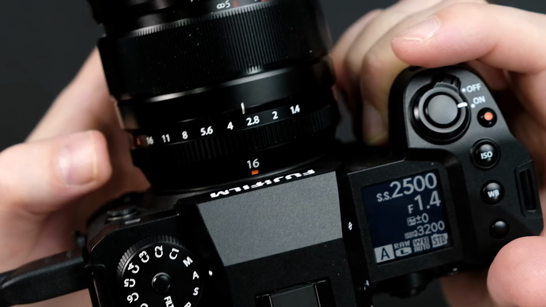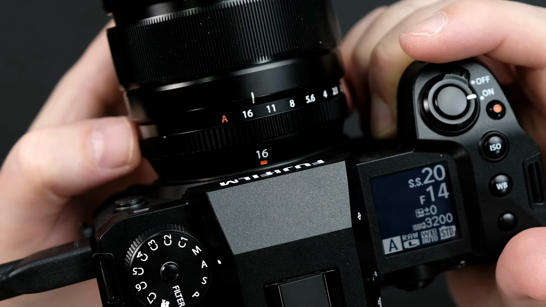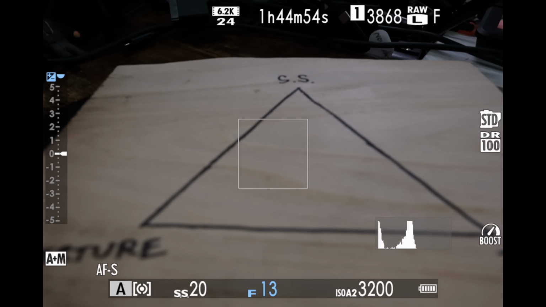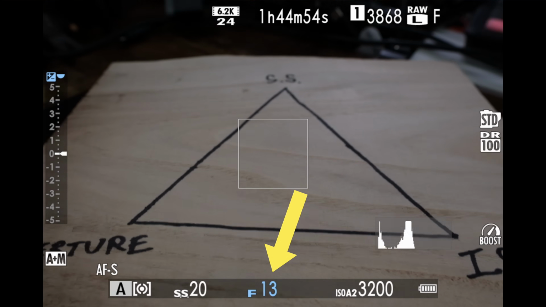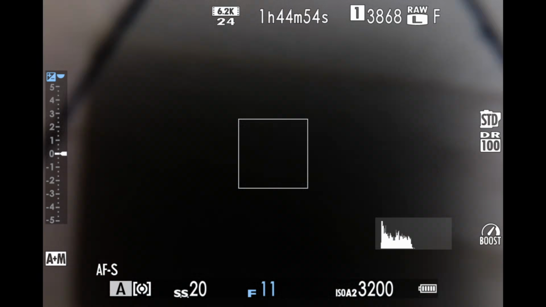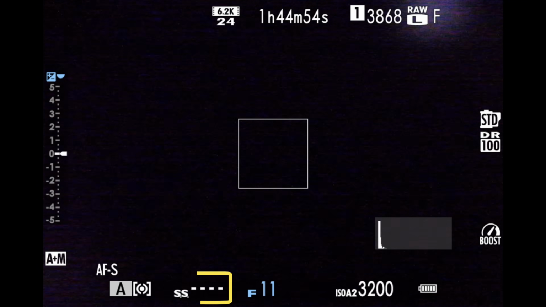And of course, you will be using the aperture ring on your lens to adjust the aperture. Notice how the aperture setting in your viewfinder is blue now. You see that? Blue means that this is the exposure triangle setting that you told the PASM dial you want to have control over. And if there's not enough light, you'll see the shutter speed, which is what the camera's